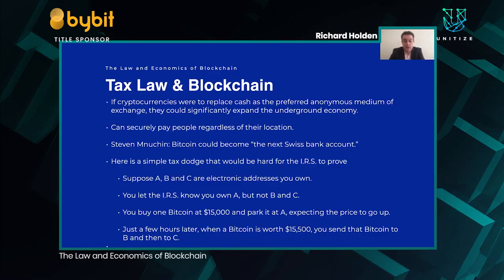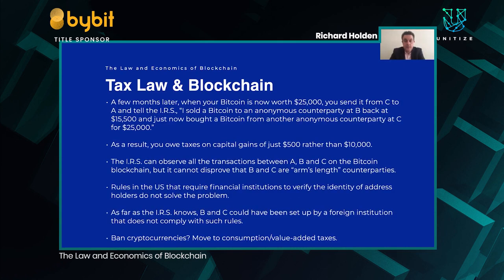And then just a few hours later, suppose Bitcoin's gone up in value to $15,500. You'll see this can be made to work either way. You send that Bitcoin to B, and then B sends it to C. Now, down the track, when your Bitcoin, say, is worth $25,000, you can send it back to A and tell